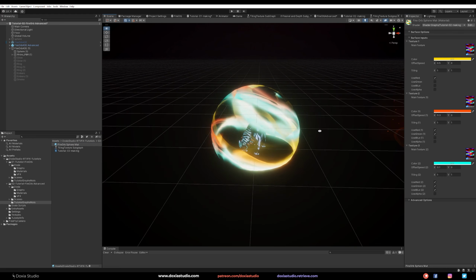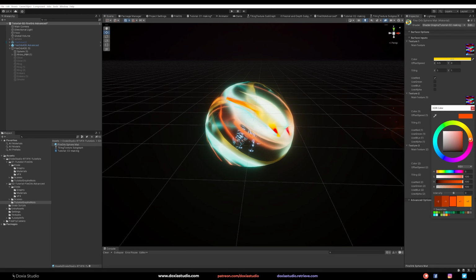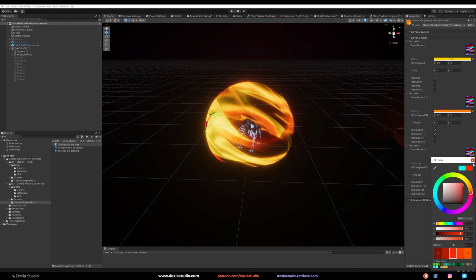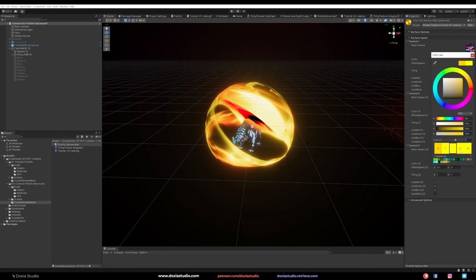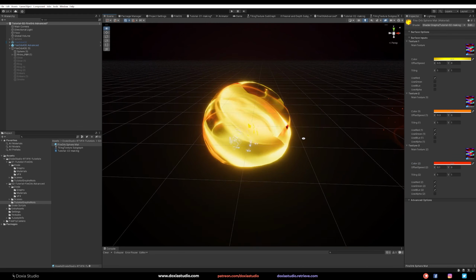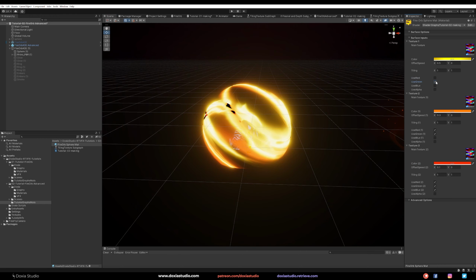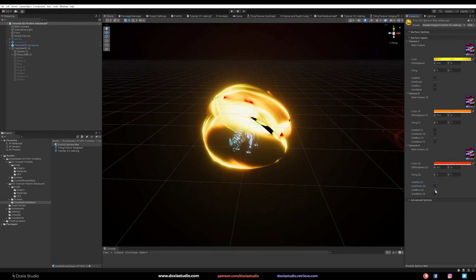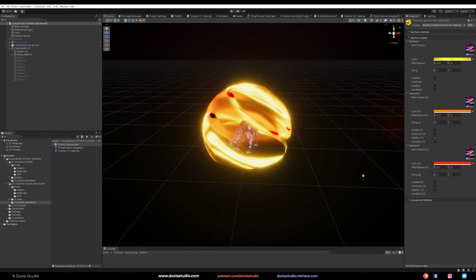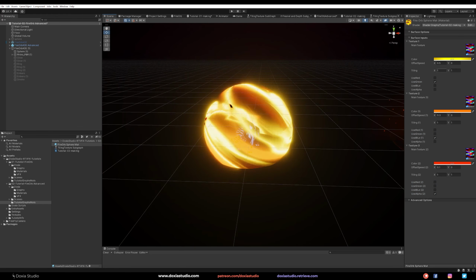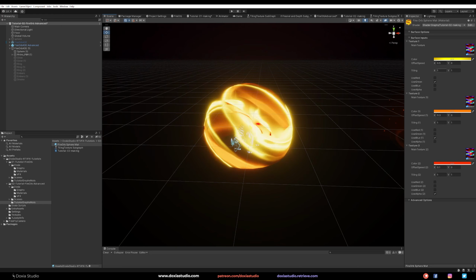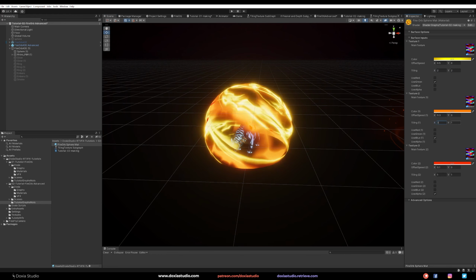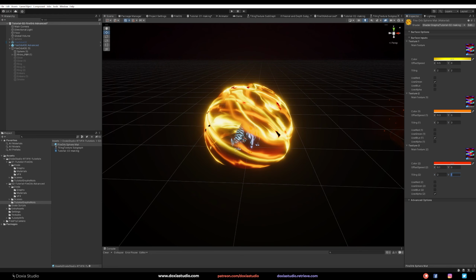Okay, pretty cool. Now let's change the colors. Let's go here more orange, and this one we know that we want red, and here we want a little bit of glow. That's pretty cool. But here I want to use the green, I want to use blue, and I want to use the alpha channel. Okay, and now I think it's like 2 and 2 here, 3 3, and let's go 2 and 2.